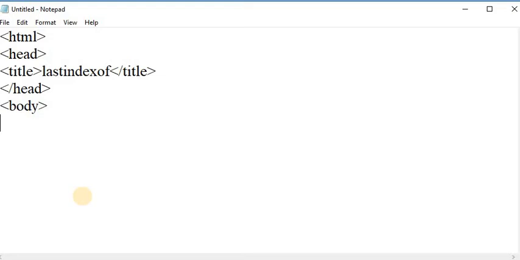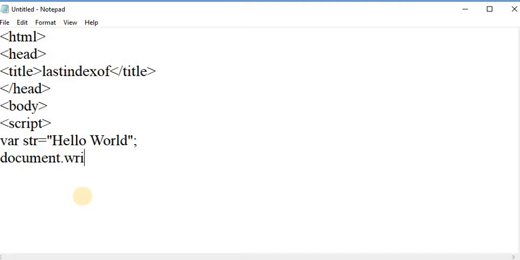In that body tag, first take a script tag, and in the script tag first I am taking one variable, that is var str equal to a simple string, hello world, assigning hello world to str, and after that I am printing with document.write.